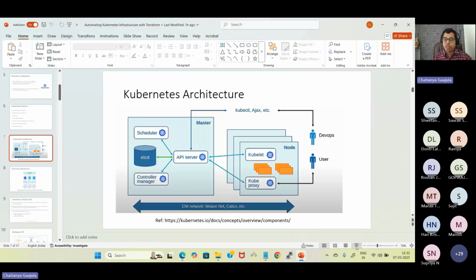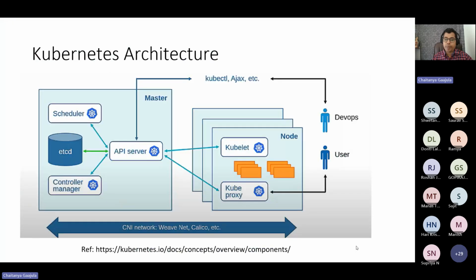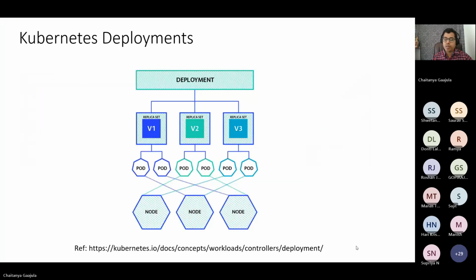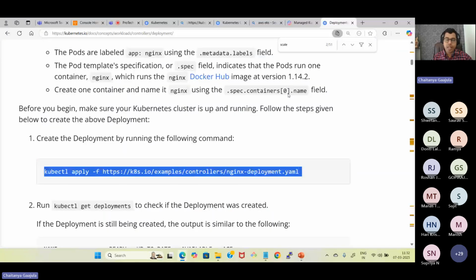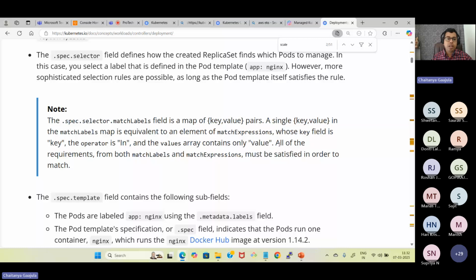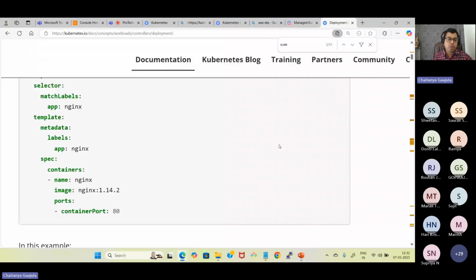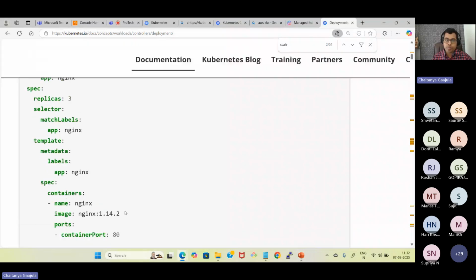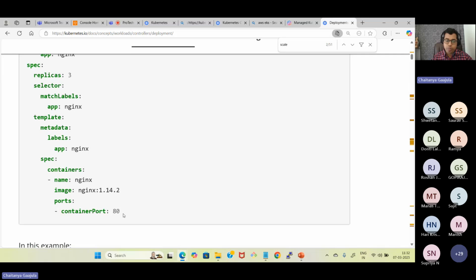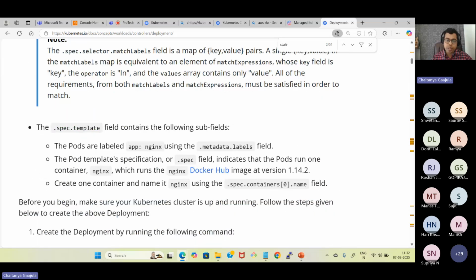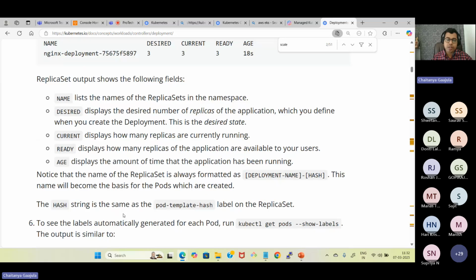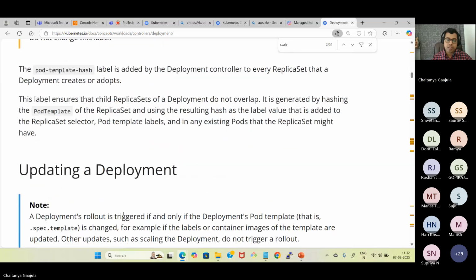Okay. So this is about the important component. Now, apart from this, let me talk about some more features because I think you're interested. So we can do a scale up. Now, let's consider that you had a version of 1.14.2. Now I want to update it to 1.16.1, a different version. So what we can do is we can do an update using a version command